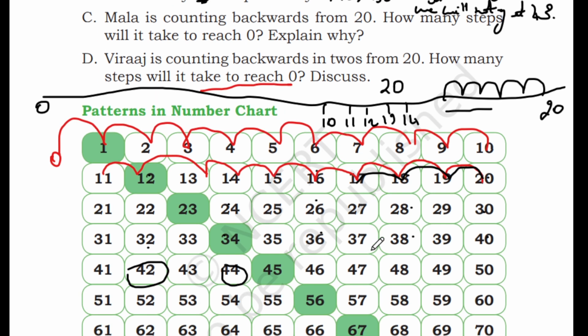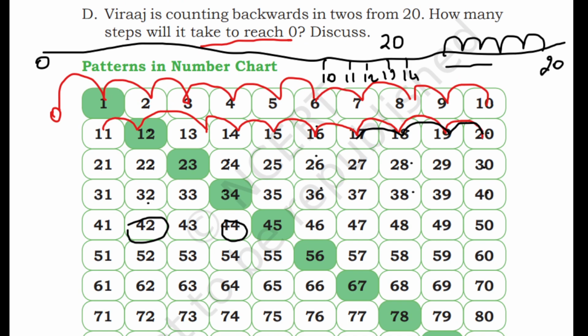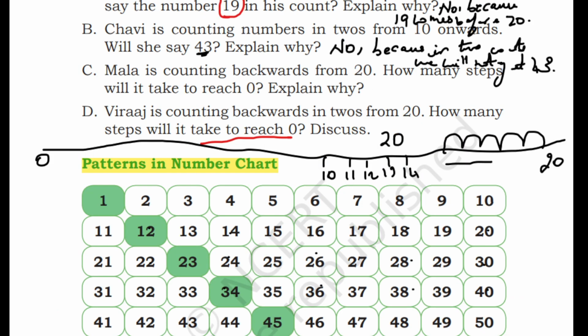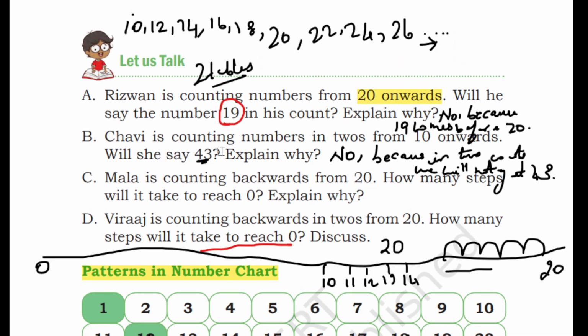Okay. So next one we have pattern in number chart. So let's erase all these for the chart. So the next one is pattern in number chart. Okay, sorry students, we missed this question. So this answer is for Mala. So the 20 is for Mala, not for Viraj. Let's erase this one and write the answer 20 here. Okay. So here